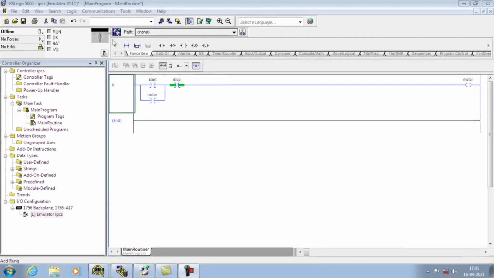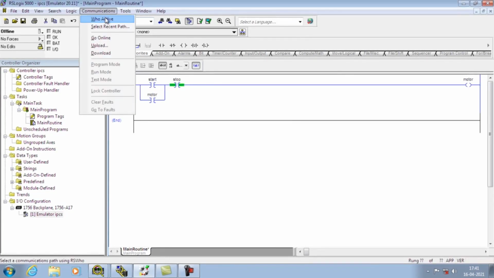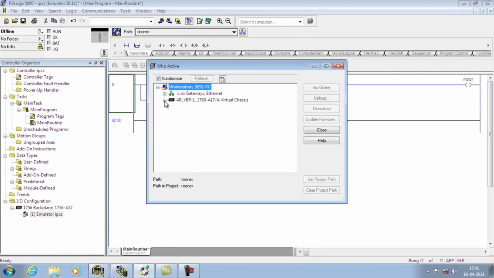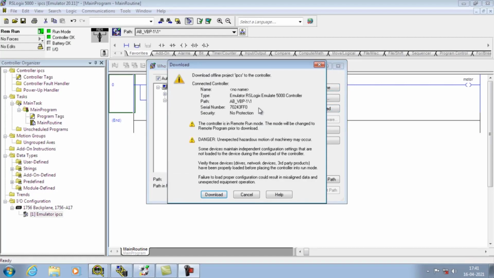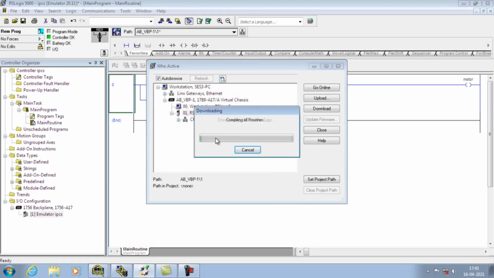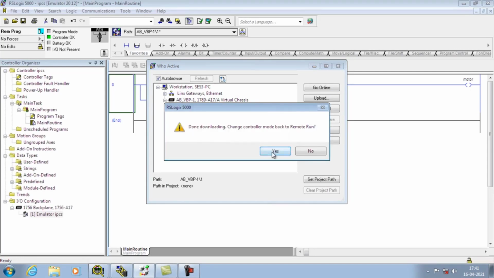to the emulator controller. Communications, Who Active. Here the emulator controller which we have configured is available. Download it. The program is downloading to the emulator controller. Yes.